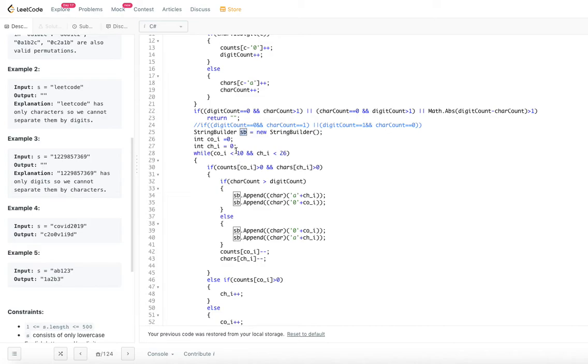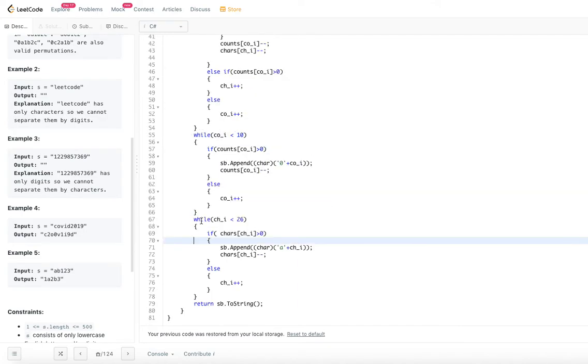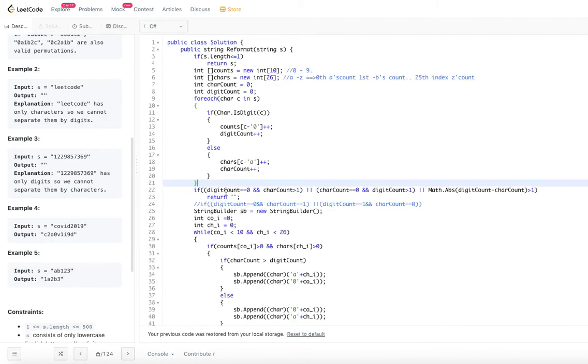So this while loop, not just this while loop but this while and this while and this while, cumulatively are going to execute equal to the order of the length of the string. So we are going through the length of the string twice in this case, so order of 2n. Since big O notation always takes away the constants, the total time complexity for this algorithm is order of n. Let's go ahead and look at the space complexity.